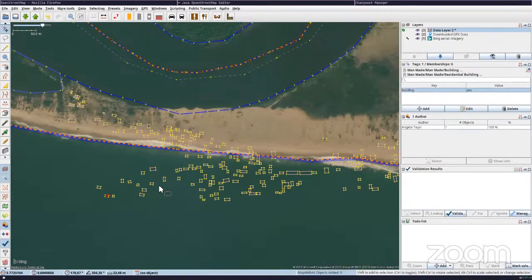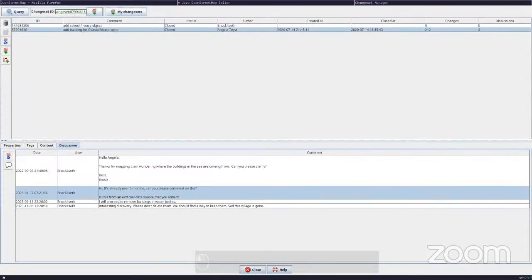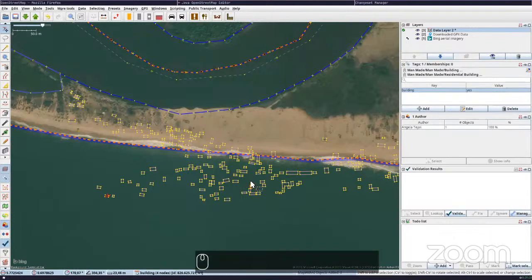So I reached out to the mapper personally. Well, the mapper said, okay, he or she could not remember what happened here. But the change set comment was useful enough to say that this is from a project that was about a coastal map or maybe coastal resilience, and added a building or something. So what did I do? I decided to go on a research to find out